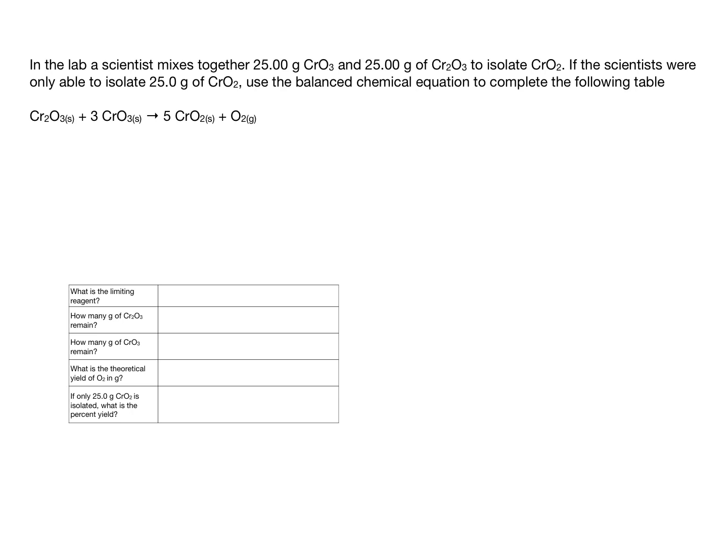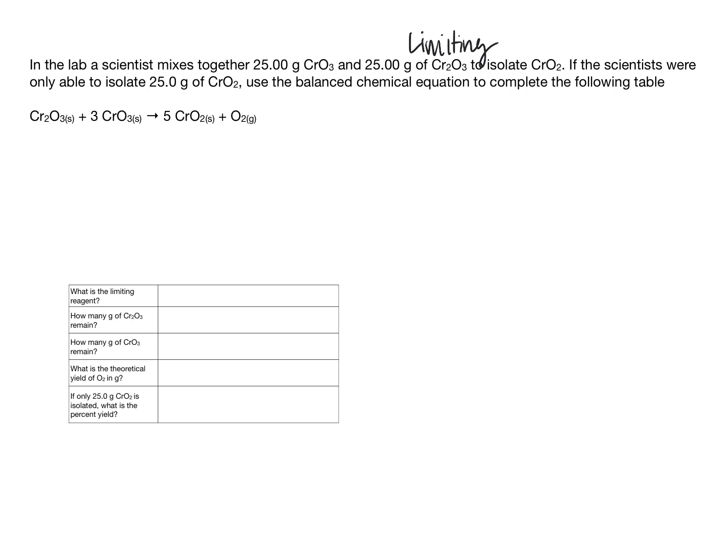In this question, it says, in the lab, a scientist mixes together 25 grams of chromium oxide and 25 grams of a different chromium oxide to isolate yet another chromium oxide. So you can practice naming these, and you should. If the scientists were only able to isolate 25 grams of chromium dioxide, use the balanced equation to complete the following table. So this is a limiting reactant question, so